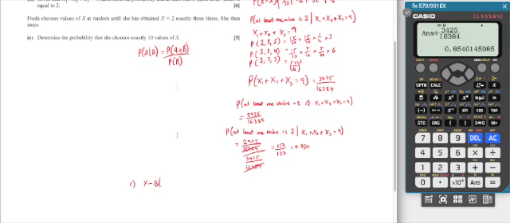She's doing it 9 times, and this probability of picking a 2, the success, is 15 over 32. We've done that already. 15 over 32. We need exactly two 2's in there, so the probability that y equals 2 is going to be,